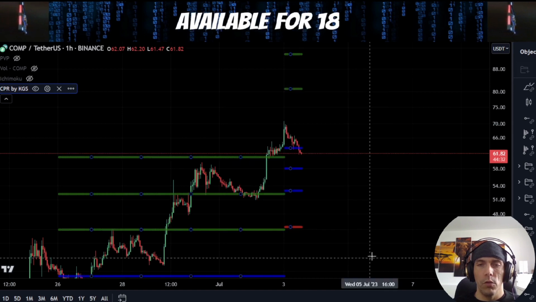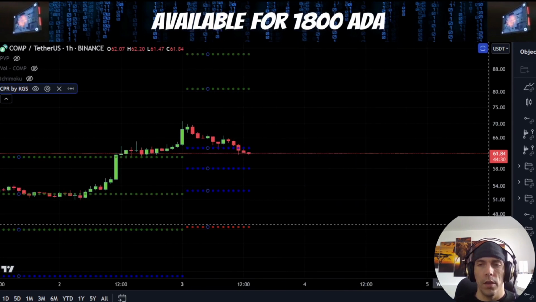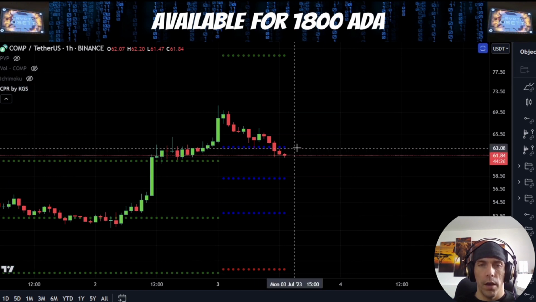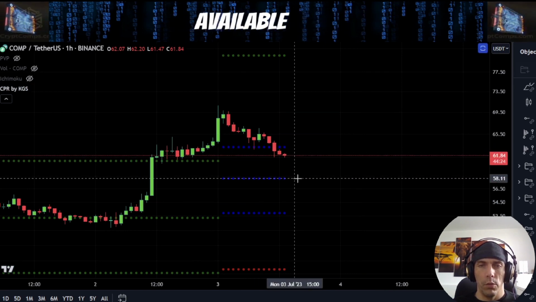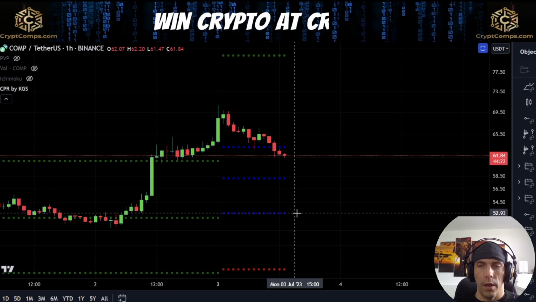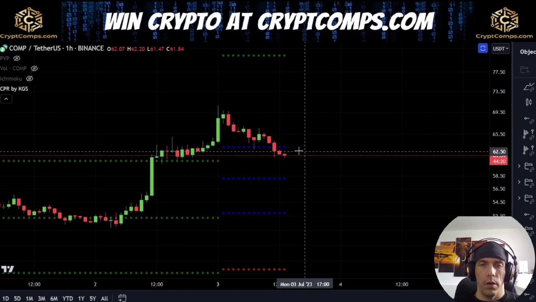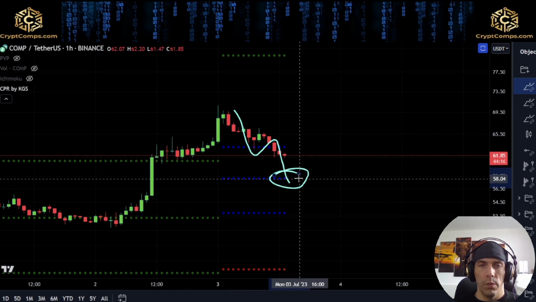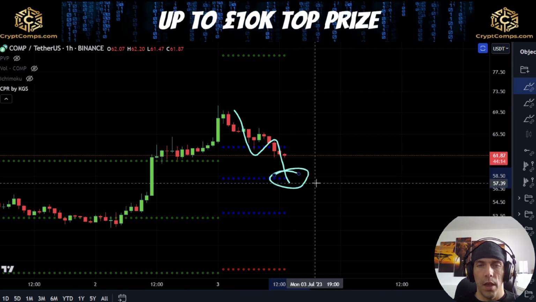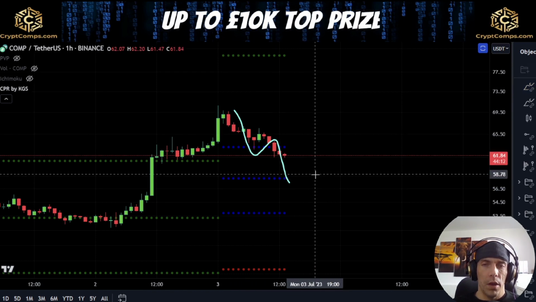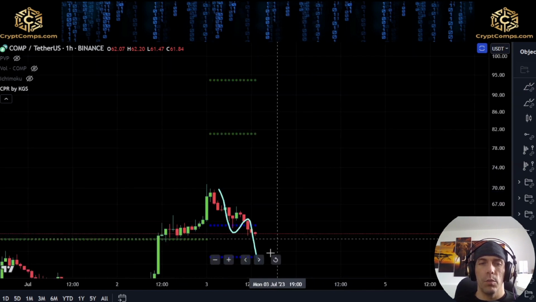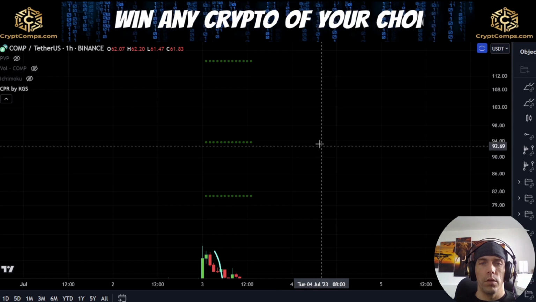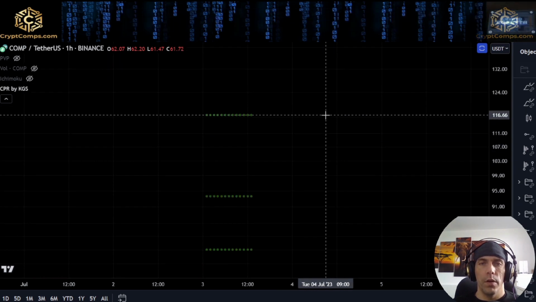Now, we do have new weekly CPRs, and what we can see here is that we are between these central lines now. So the higher line here is at this 63.29. We have this 58.11 and this 52.99 region. If we do look to push down here one more time, I'd be looking to see if we find support on this 58.18 level. If we do manage to hold that, then potentially we could see that price reversal to the upside, where we see price get gravitated towards $81.93.75, or even this